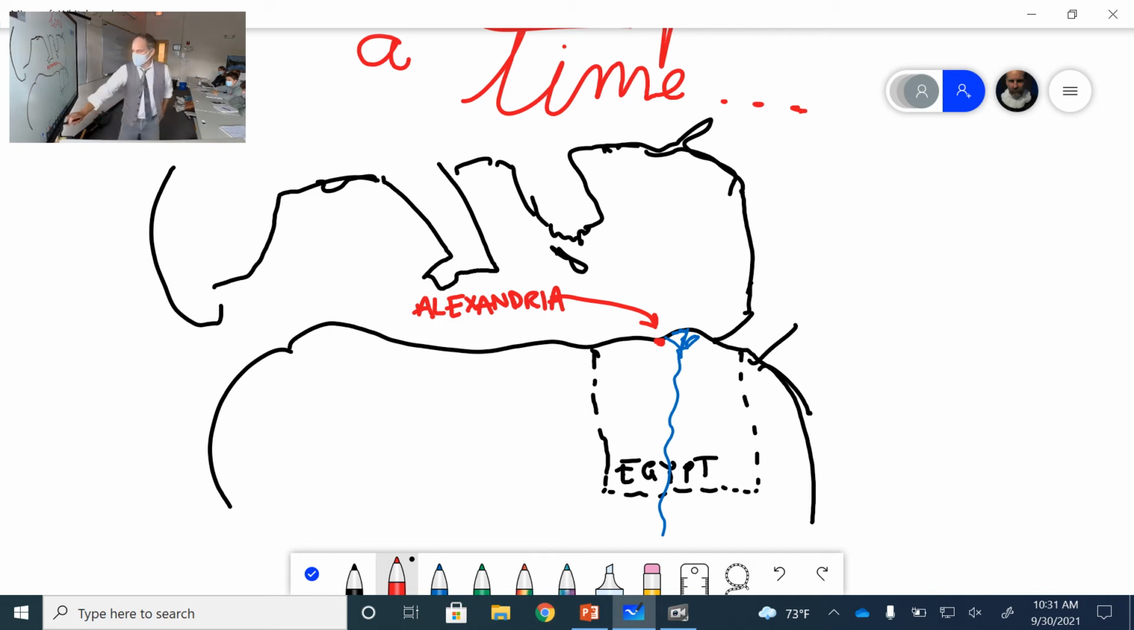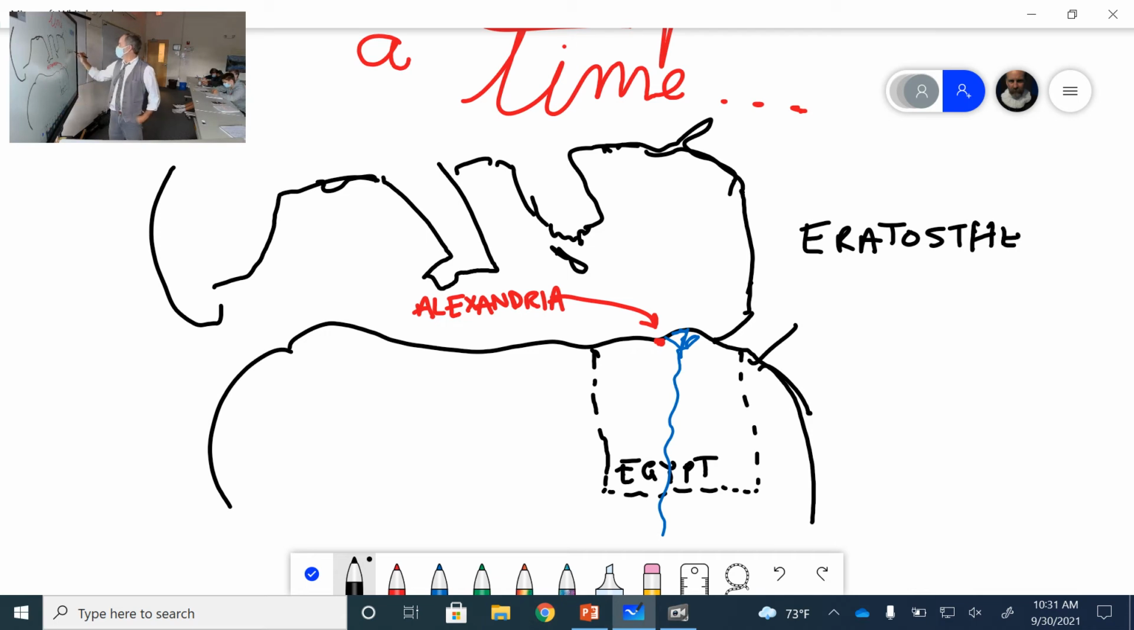And there was a person who was the librarian at Alexandria. And his name was Eratosthenes. Oops, I just spelled that wrong. That's an H, Eratosthenes. Back to the Greek stuff. Yeah, he was Greek. So Eratosthenes, this is around 200 BCE,